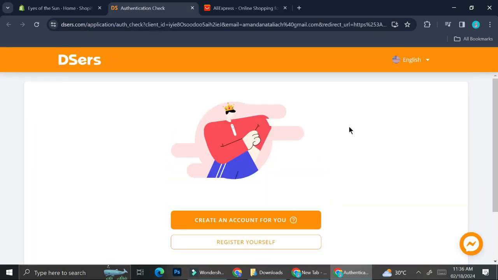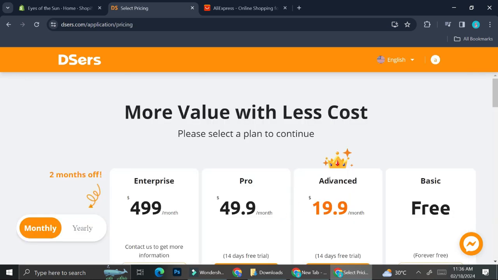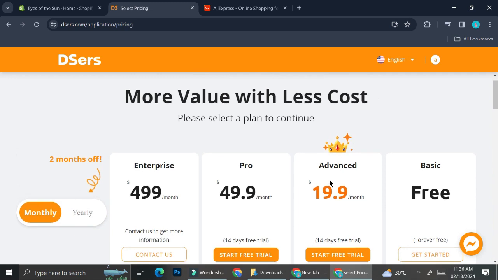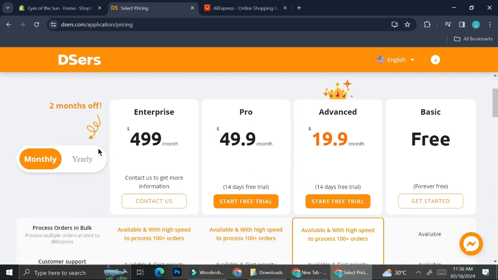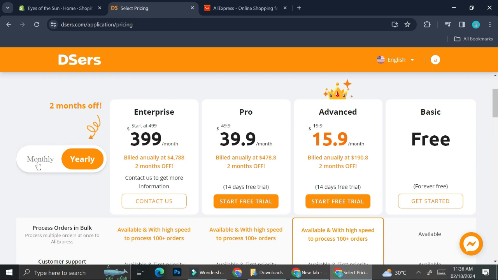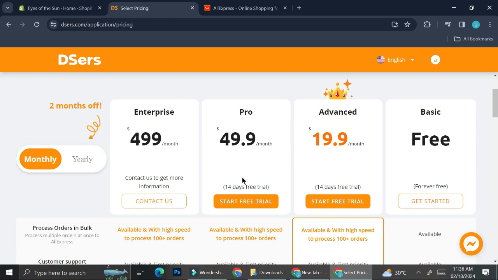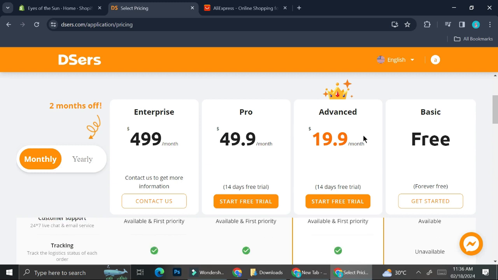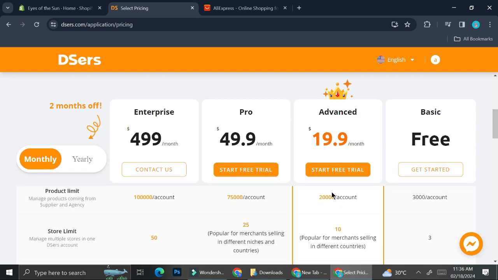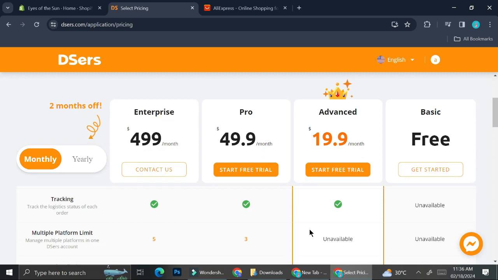And once we've installed it, we're going to want to create an account. And then they're going to show you their plan pricing. So over here, you have two options. You can select yearly or monthly. And these are the plans that they have. They have the enterprise one, pro one, advanced one, and they also show you the benefits of each plan, and you can read it